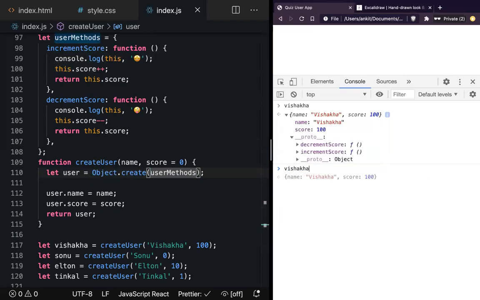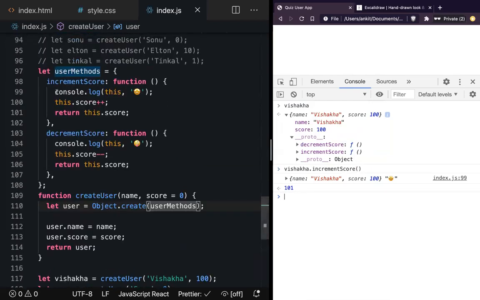What we'll do is go ahead and call incrementScore. We call it, and the first thing that happens in incrementScore is on line number 99: console.log this. So this will always be an object. That is rule number 1. Keep it in your head. This will always be an object.